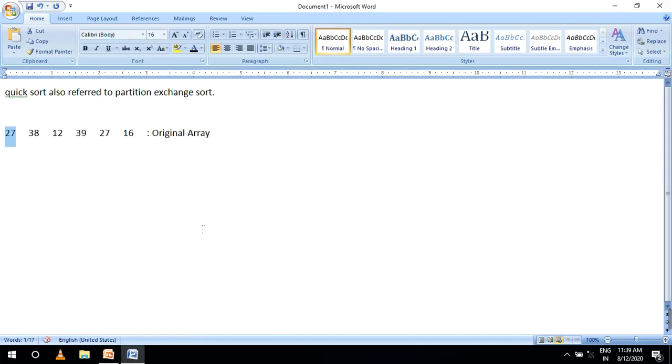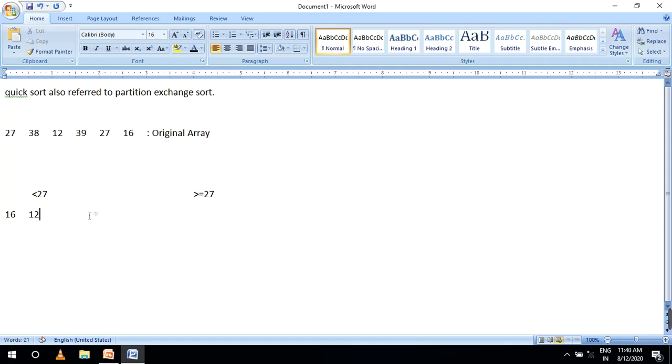When partitioning by greater than, you have to declare once again. I'm giving less than 27. Next part we are declaring greater than or equal to 27. So you partition: less than 27 gives 16 and then 12.